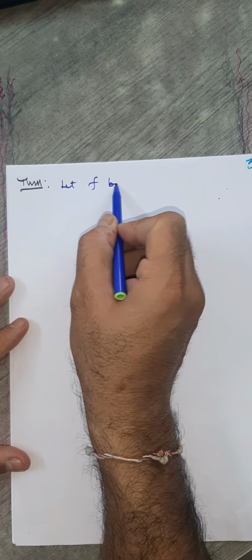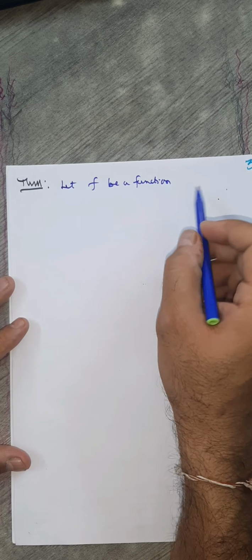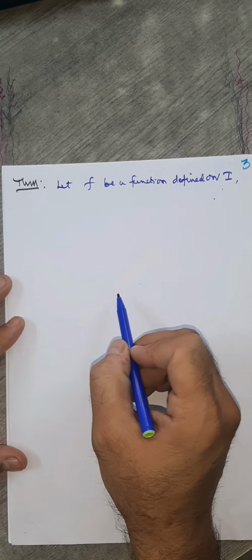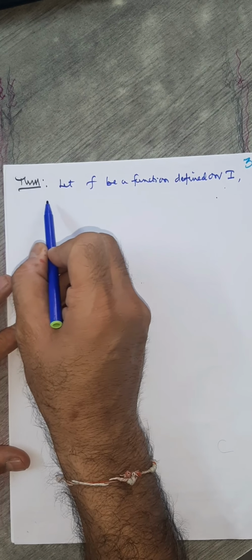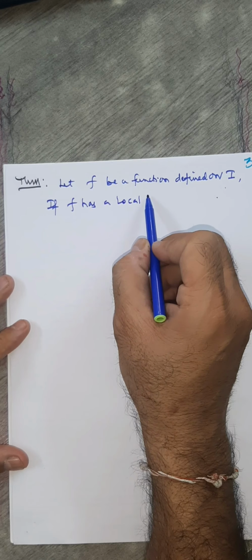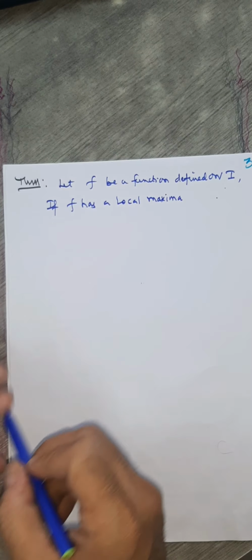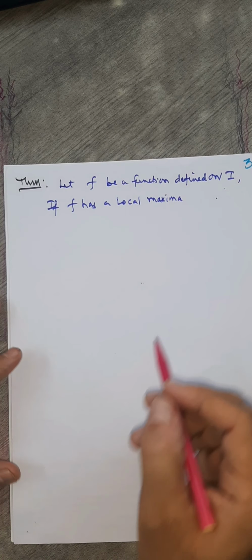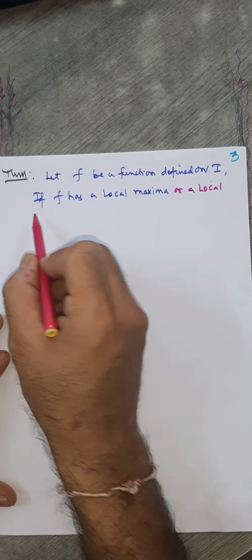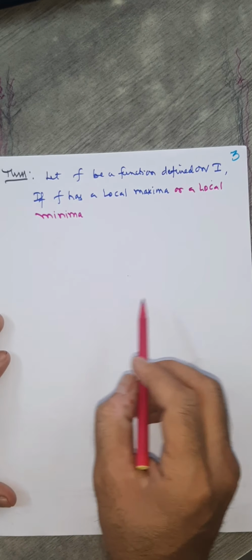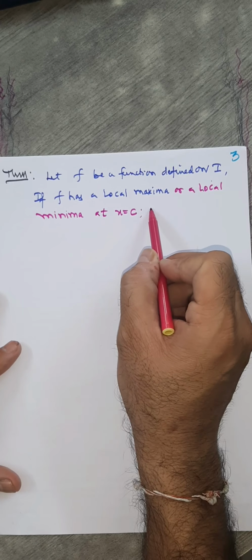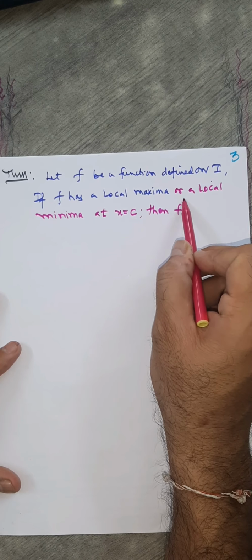Let f be a function defined on some interval I. Now it says that if f has a local maximum value or a local minimum value at x equals c, then this is the conclusion: